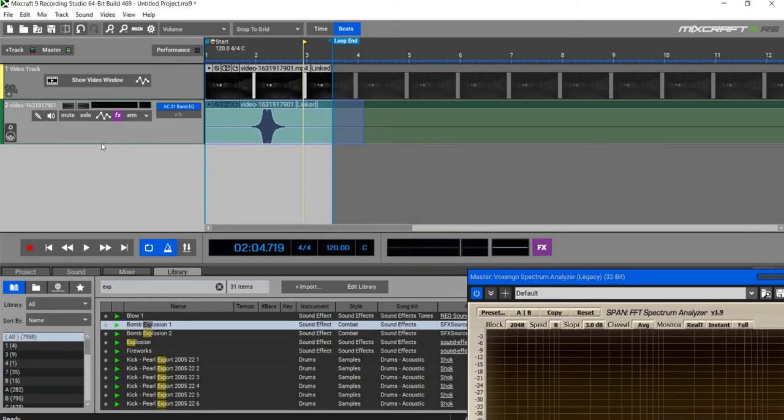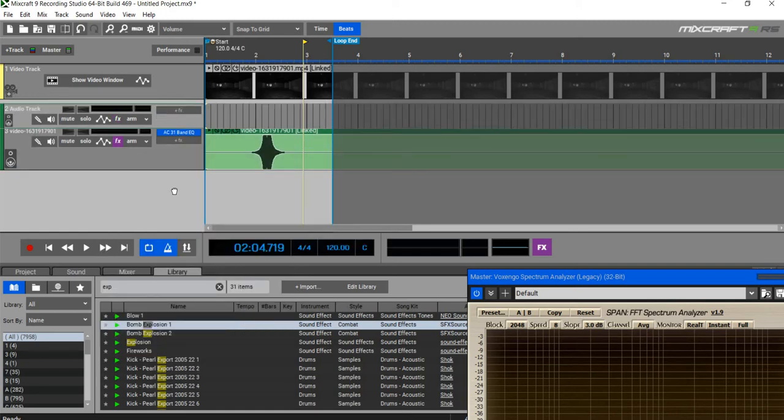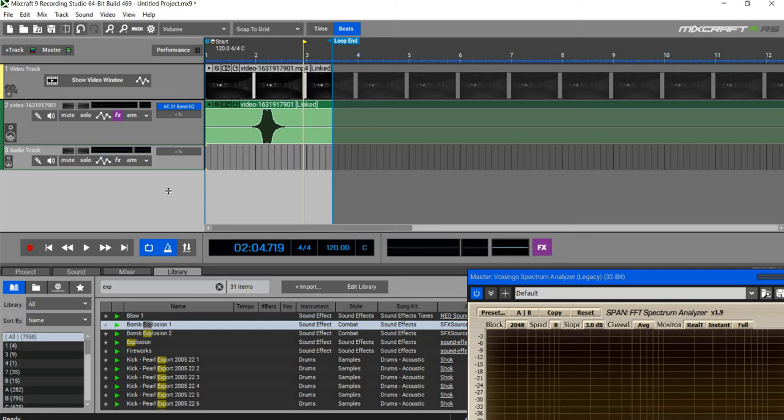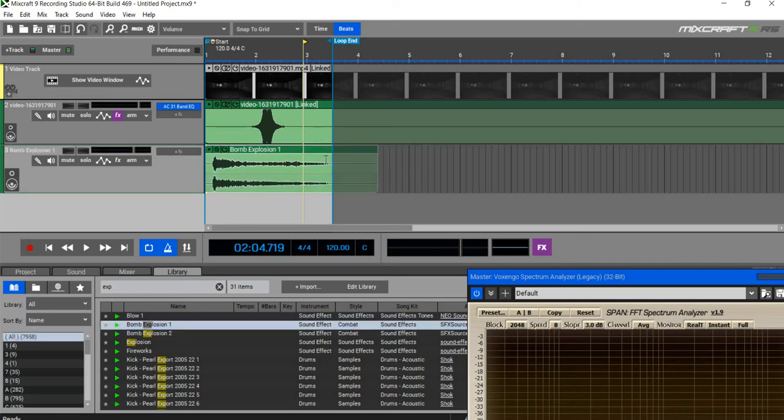I'm actually going to bring in a different track, and I'll show you what I mean. So this is a recording of an explosion. Let's move it that way a little bit so it's roughly in line with that one. Okay, that'll do us.